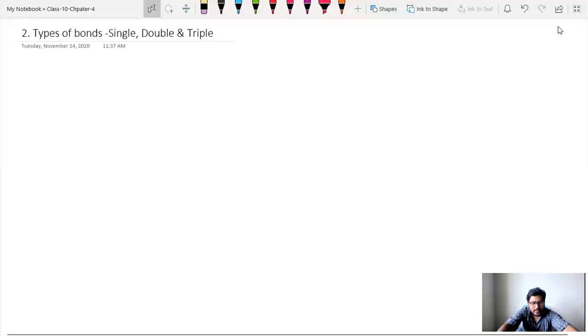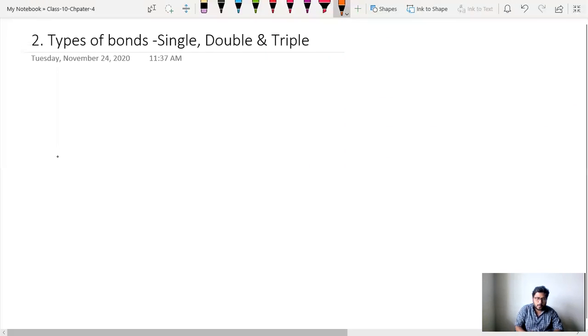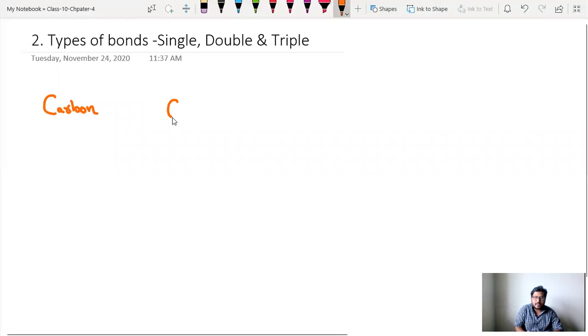So in this lecture, you are going to see types of bonds. In last lecture, few concepts we have discussed. Let me revise those concepts. We are talking regarding atom carbon. Carbon is represented with the letter C. Its atomic number is 6, mass number is 12. And while coming to its valency